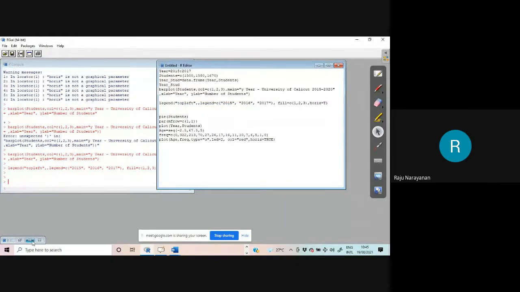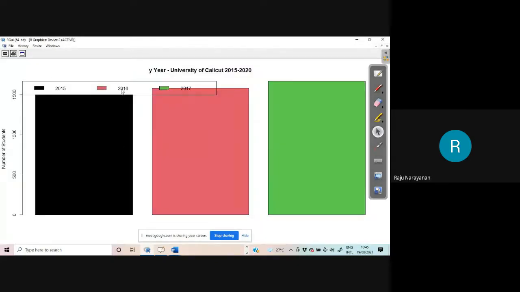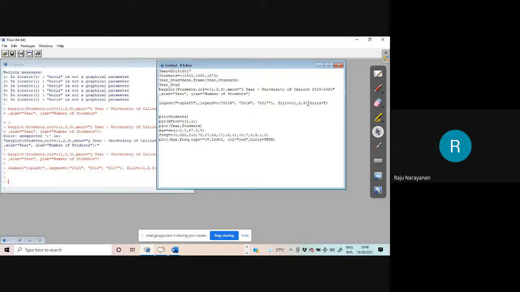Legends. You can see top left, it is coming. You can fix this position. If you are not happy with the size, you can reduce the size. You can make it vertical also. And where is our horiz? That one you cancel. It will take 1 or 2 trials because we have to make our diagram beautiful, no?